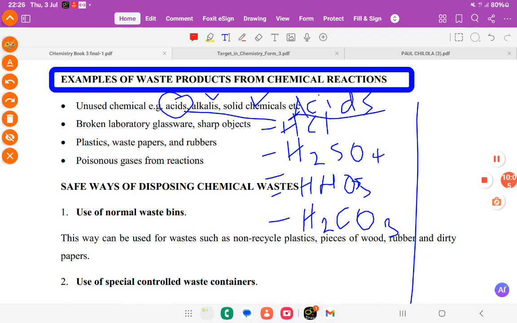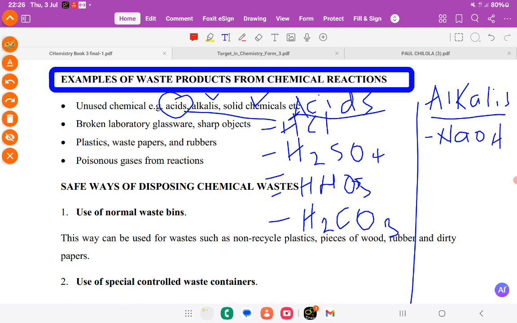Alkalis. Examples of alkalis. Remember, an alkali is a base which is soluble in water. Examples include sodium hydroxide, potassium hydroxide. All these can be considered to be waste if they are unused for some time,